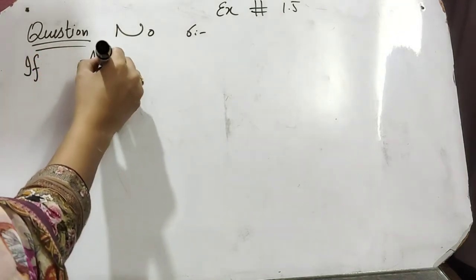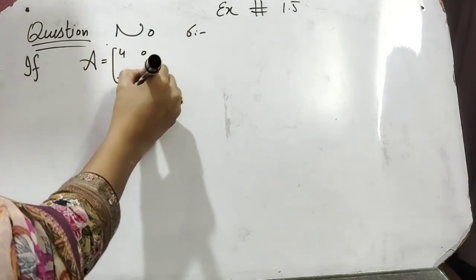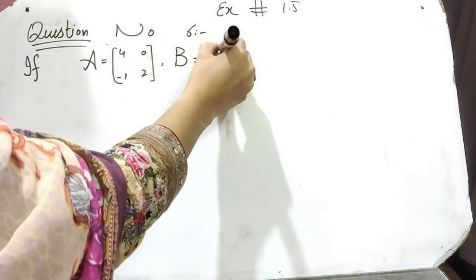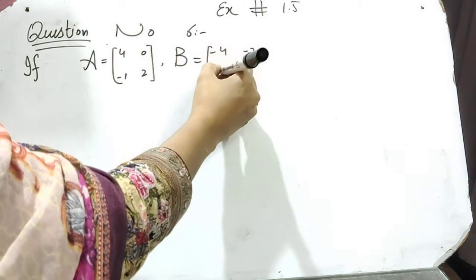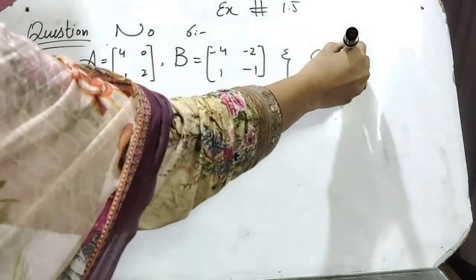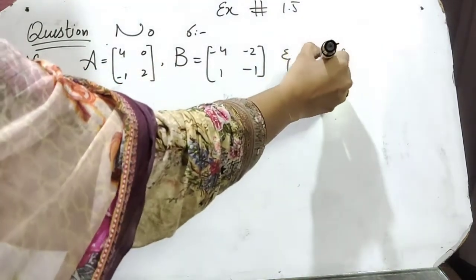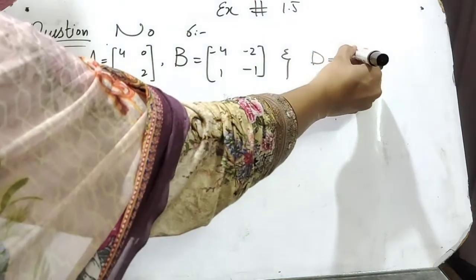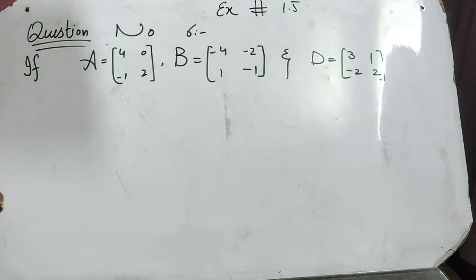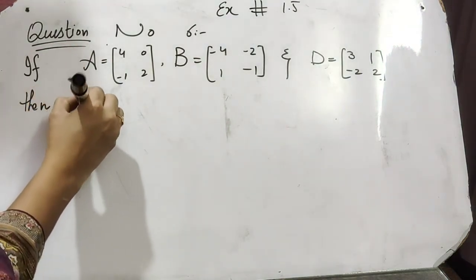A is equal to [4, 0; -1, 2], and B is equal to [-4, -2; 1, -1], and C is equal to, sorry, not C, this is D. D is equal to [3, 1; -2, 2]. Then verify that